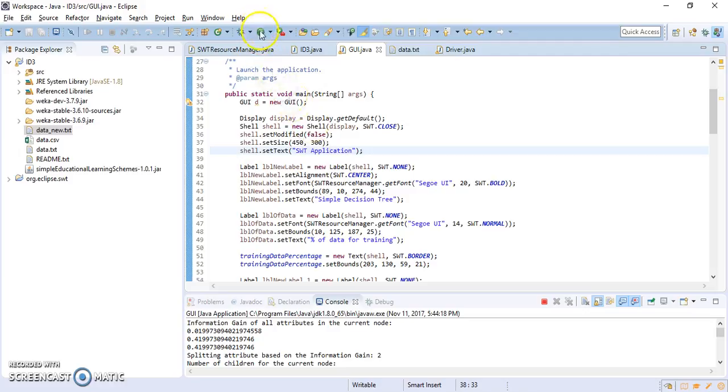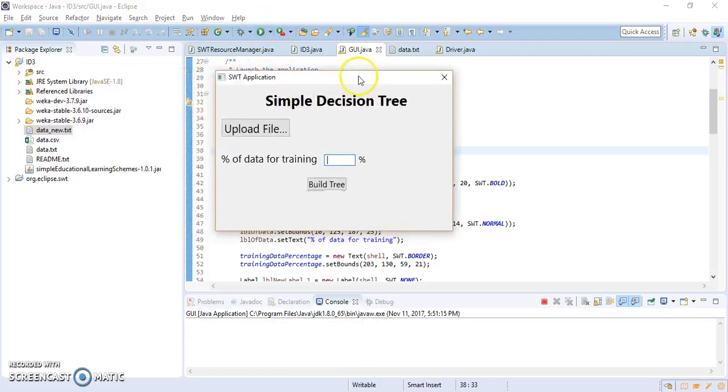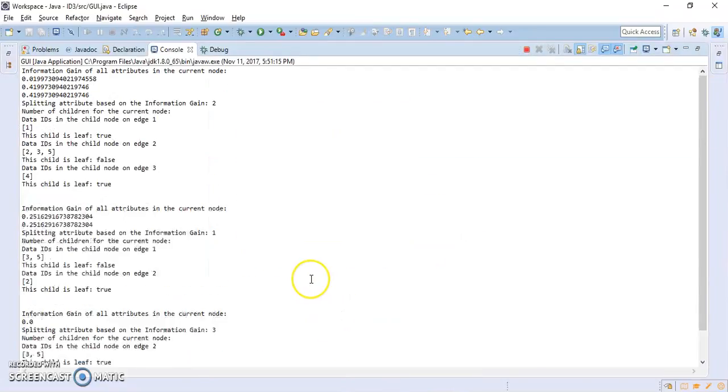So when I run the code, we will get a Java Swing window to which we have to upload the dataset and give the percentage of data for training, which is 75%. When I click on build tree, we will only get the model's accuracy in the window. But to see how the tree is constructed and on what attributes the information gain is maximum, we can go